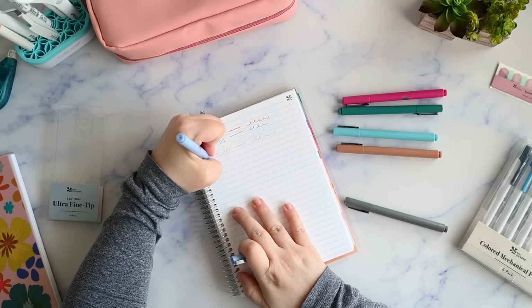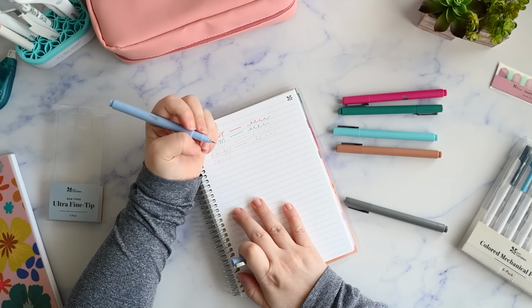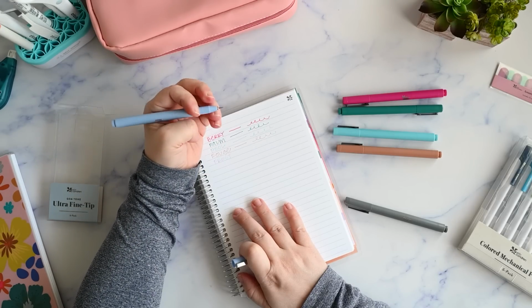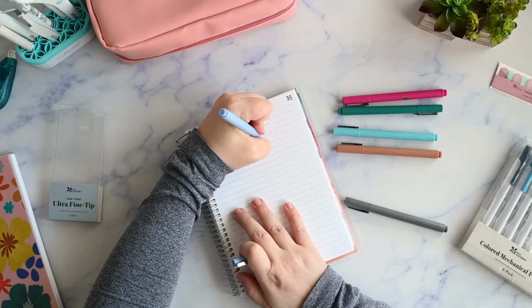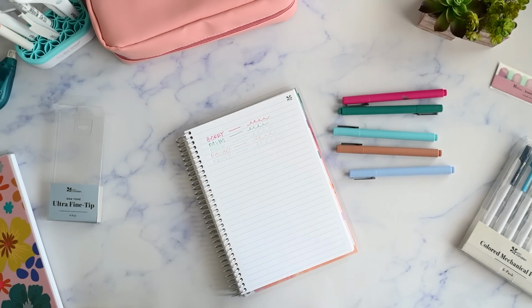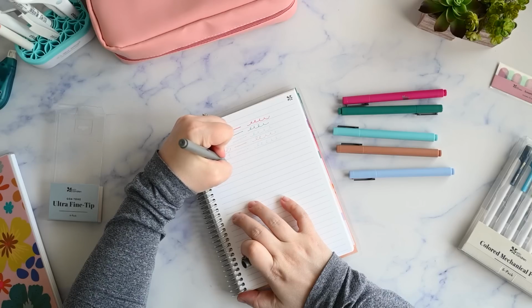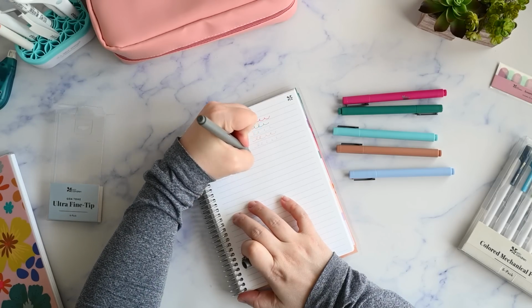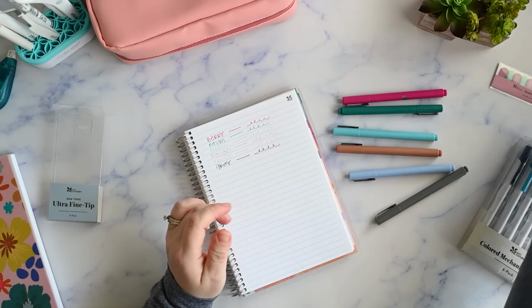Frost. Ooh, frost is more purple than the barrel indicates, and this one is the same. It feels dry, so it's not my favorite. I don't really like that feeling when I'm writing, but I don't know. And then this one is just gray. Oh, this one feels way more vibrant and saturated. Okay, so those are the